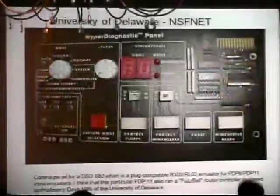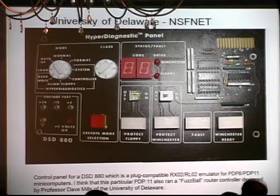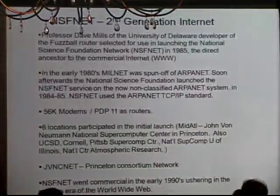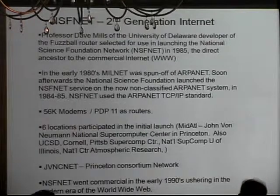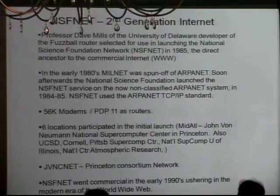This is a picture of a diagnostic panel in the early NSFNet that was developed at the University of Delaware. The University of Delaware got the contract to make the fuzzball, which was the first router that was used in the NSFNet. And we're running out of time, so I'll just go through this quickly. NSFNet was the second generation of the internet. So you have ARPANET, and then when MILNET broke off of ARPANET, NSFNet was the thing that formed around it,